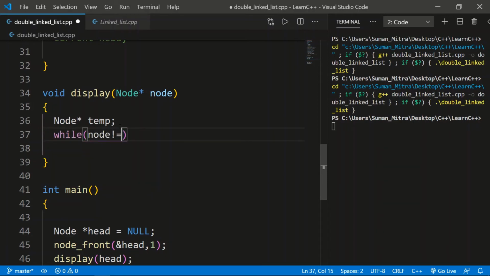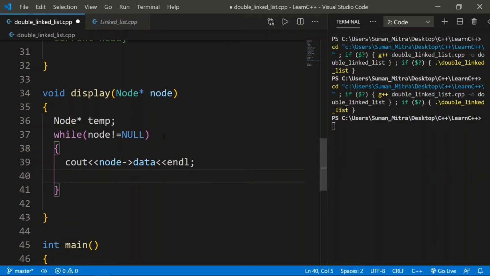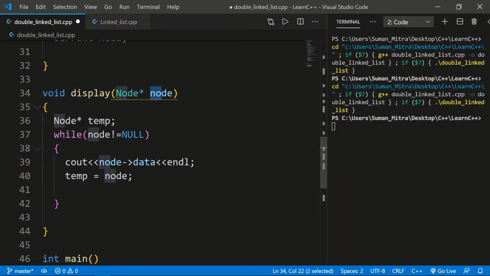And we create it. We gave it access to node because we'll pass the node here. You can see in the display we'll pass the name of the node. Now we want to check if it's not null. We'll write if our node is not equal to null, meaning if node is not null we need to print the data. So we'll write cout, node data, and we'll give endl so that the line changes. And for the temp, we'll pass this node inside, temp is equal to node.